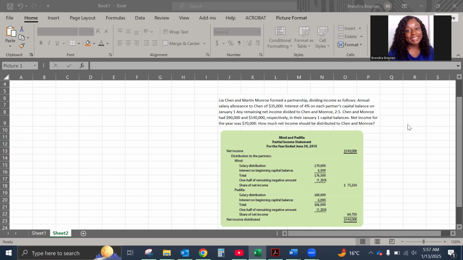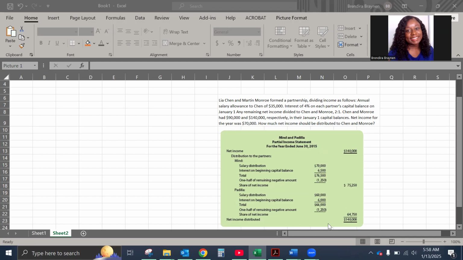Or they can say everybody gets $10,000, and everybody gets a certain percent of interest on their investment balance. And then after that, if anything is left, gains or losses, so net income or net loss after that point, that is shared. It's a good reminder that everything in a partnership is shared, whether it's net income or net loss. If after paying off certain things there's a loss, then that loss is also shared. And so let's see how that looks.